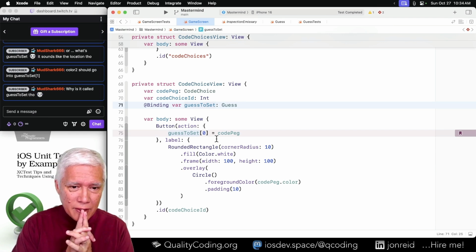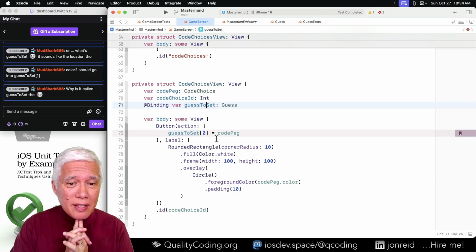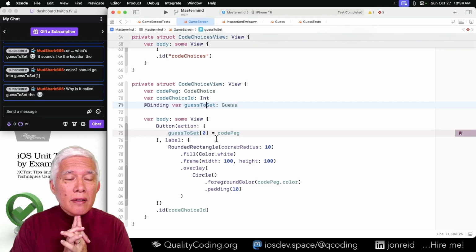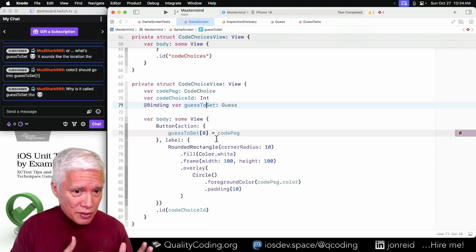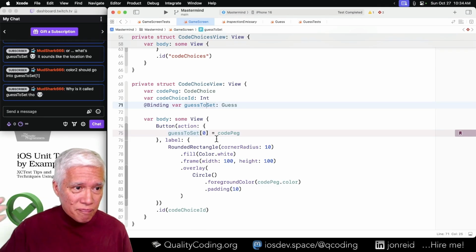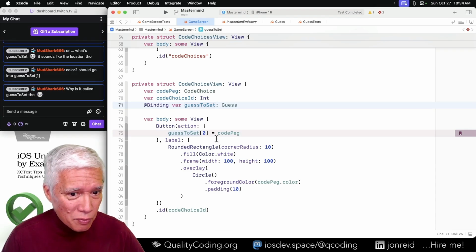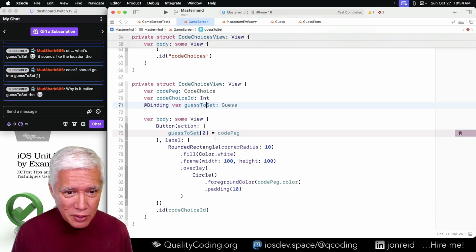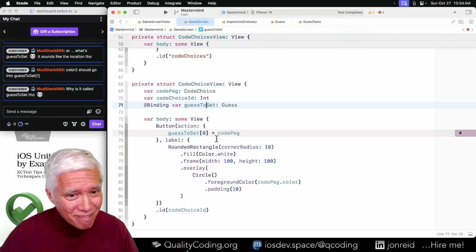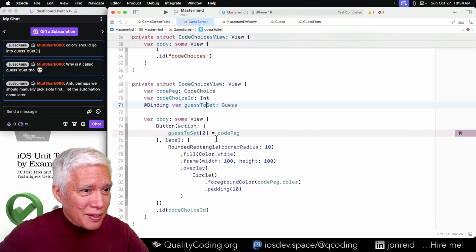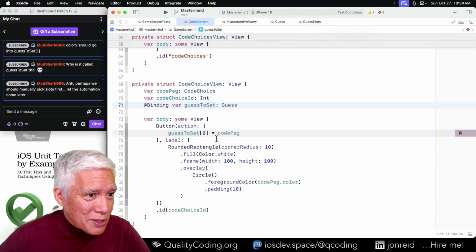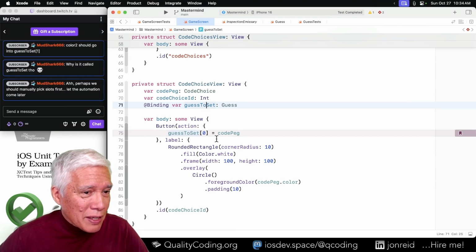Does that mean another method? I think it does. That is, guess should take care of this for us. The view should not know anything about what to do. It should just say set the next slot. Perhaps we should manually pick slots first, let the automation come later.